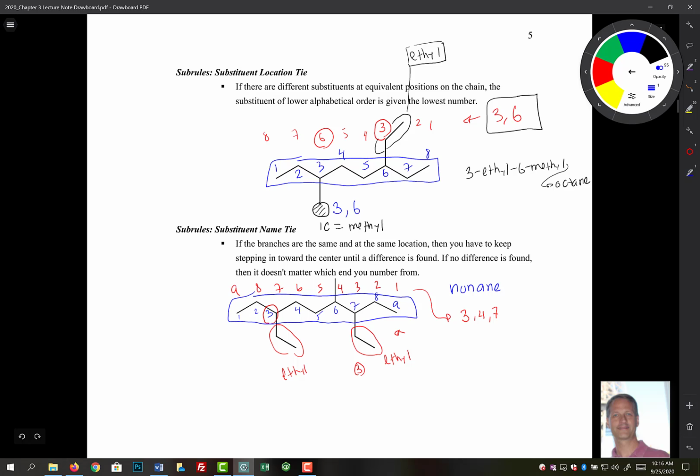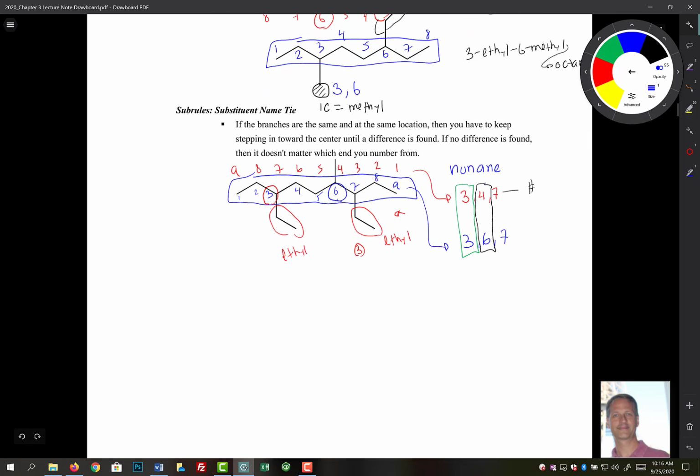Our blue numbering gives us a substituent at number 3, number 6, and number 7. So we have a tie here, but we break that tie when we look at the next number, 4 versus 6. So this is the numbering that we want to use. Then putting the name of that all together, putting all those elements together,